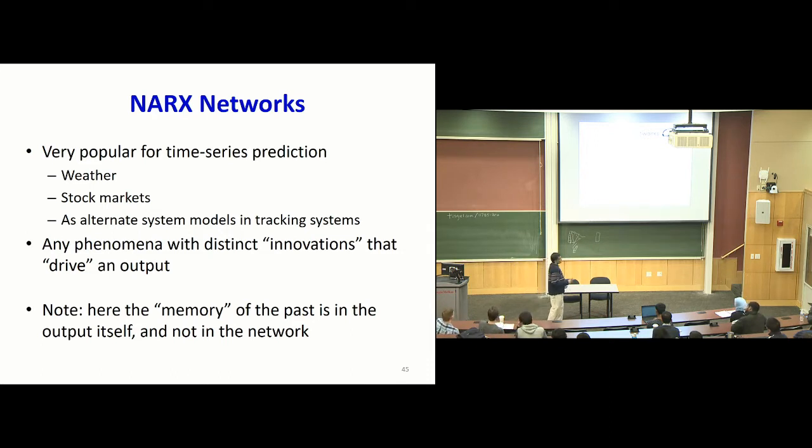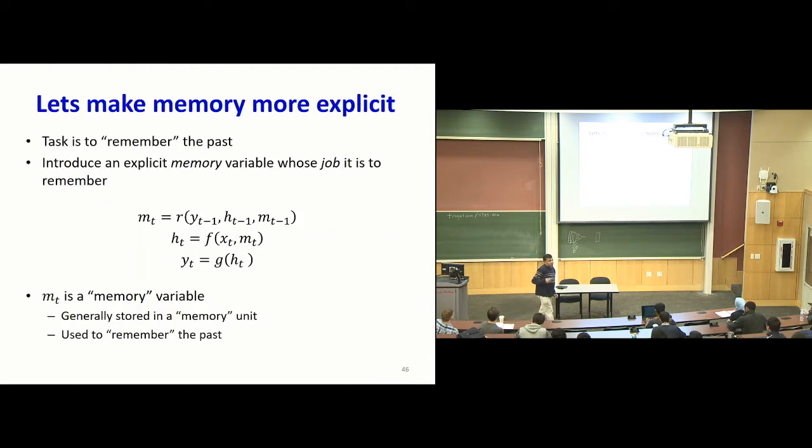Knox networks. The issue with a model of this kind is that there's nothing in the network itself that retains memory, right? The memory is bundled into this variable, the y, which the network is actually tossing out. There's no internal component of the network that's actually dedicated to storing information about the past. So let's modify the structure. Let's actually make this memory explicit.